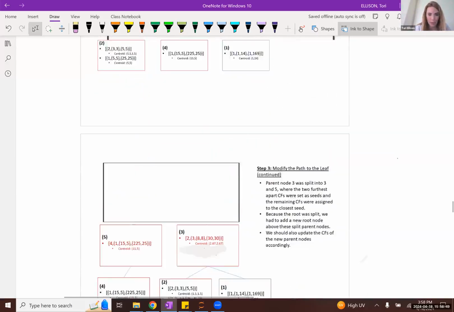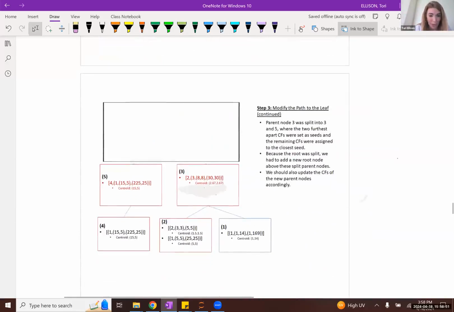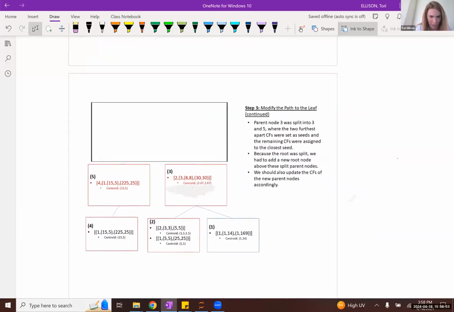The two furthest apart clusters are in fact the ones with centroid 15.5 and centroid 2.67, and we assign the remaining cluster with centroid 114 to its closest seed cluster, as we did here. However, now our root node has been split into two.